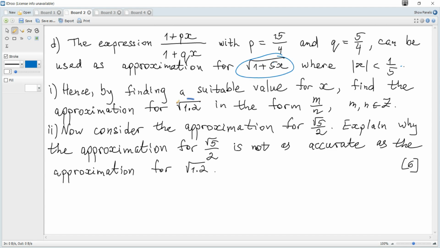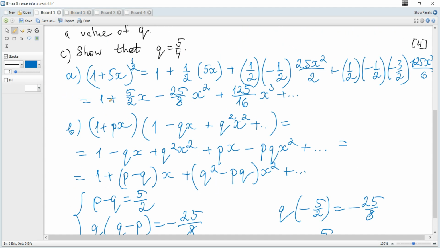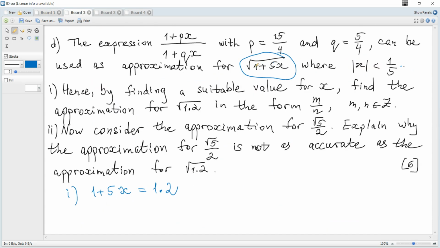So 1 plus 5x should be equal to 1.2 to use. In general, the expansion for this as approximation of square root of 1.2, and in general you can use this expansion to find the approximate value of square root of 1.2, but here it is given that this is approximately equal to this, so we can use just this expression,